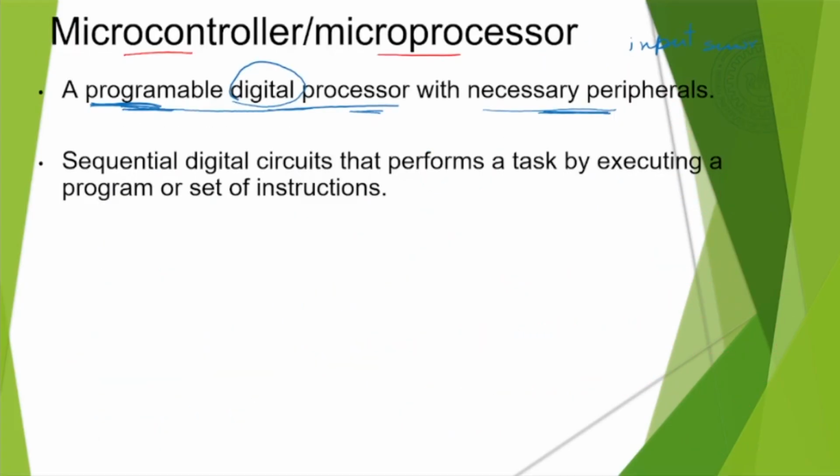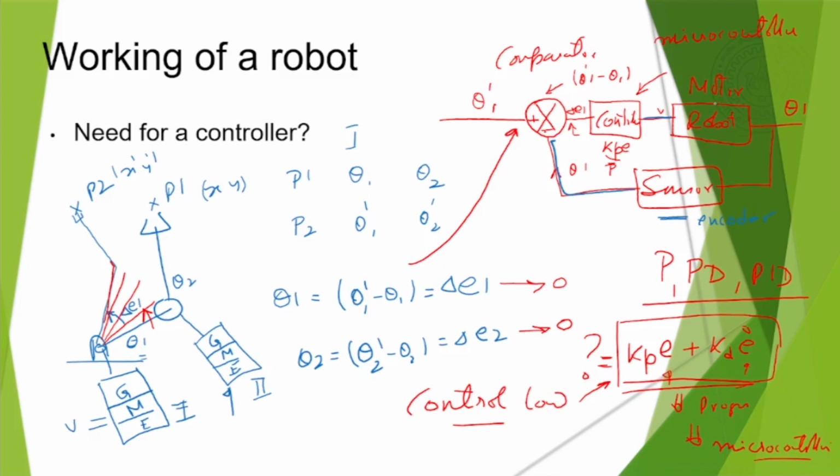So there has to be some kind of peripheral or connection or device through which this sensory input is going to come in. Next, there has to be some output also. Output, why? It is driving a motor. Here, if you look at the previous diagram, the output from here is going to the motor. The robot joint has a motor, so there has to be some output which will go to the motor. So it requires input, it requires output.